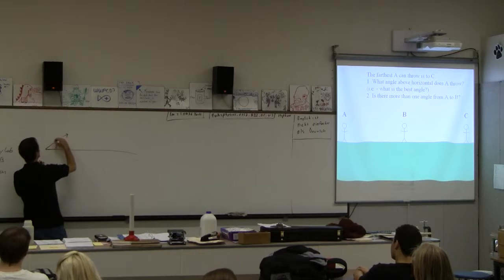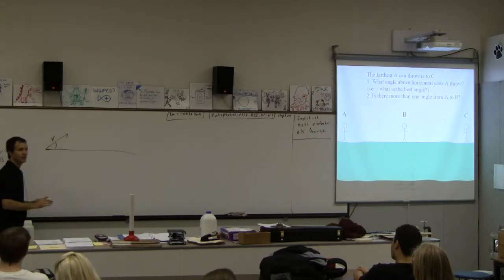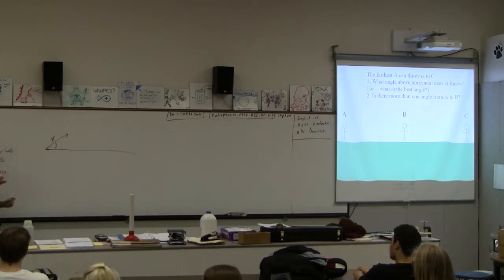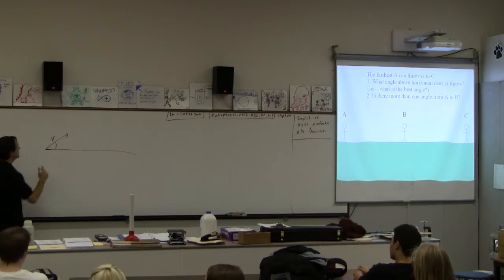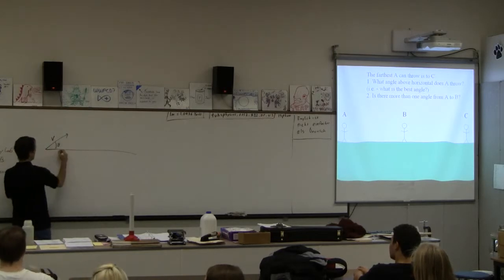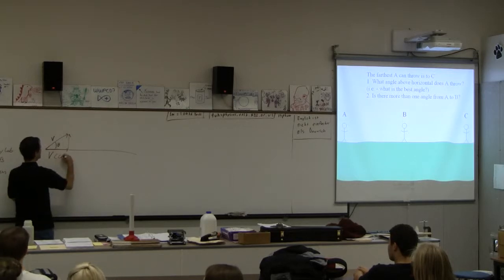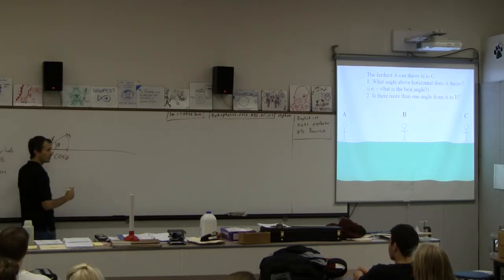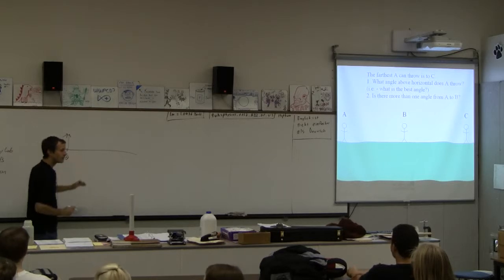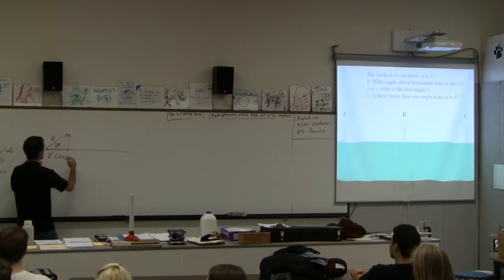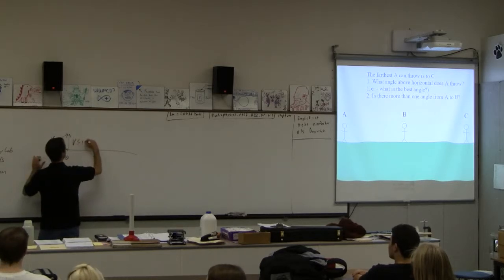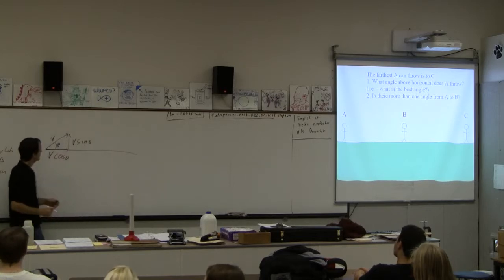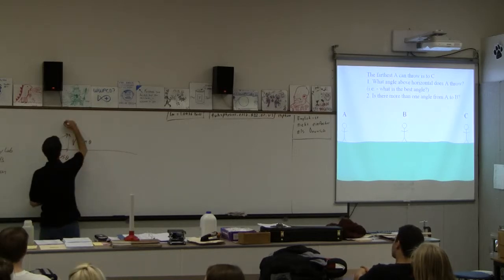We are launching at a velocity of v at an angle of theta. That gives us a horizontal component of v cos theta. And we've got a vertical component of v sine theta. Now, our range is going to be,